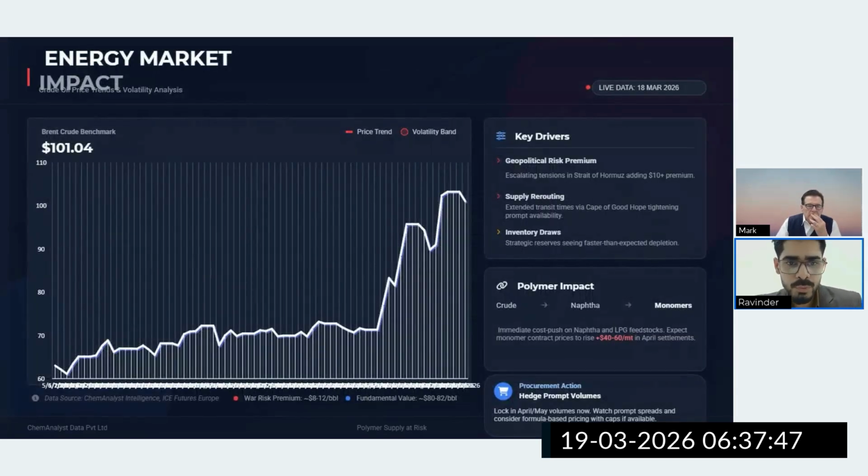This is the crude oil benchmark. The energy prices, which we already know have risen sharply since the war has started, and crude oil prices have already breached the $100 mark in recent days. I think within 15 days, crude oil prices have crossed the $100 mark, which is something most of us are already aware of. So let's not talk much about this, and let's go forward from here.